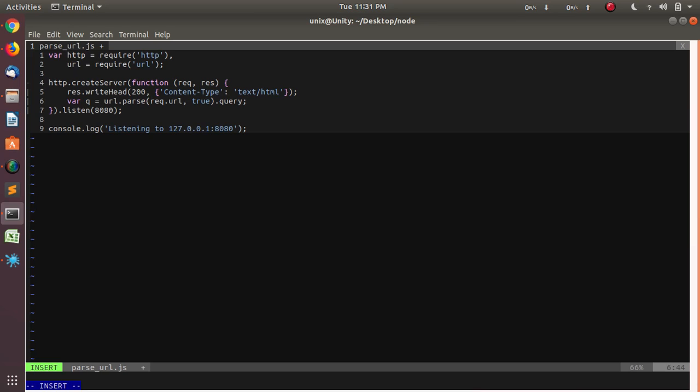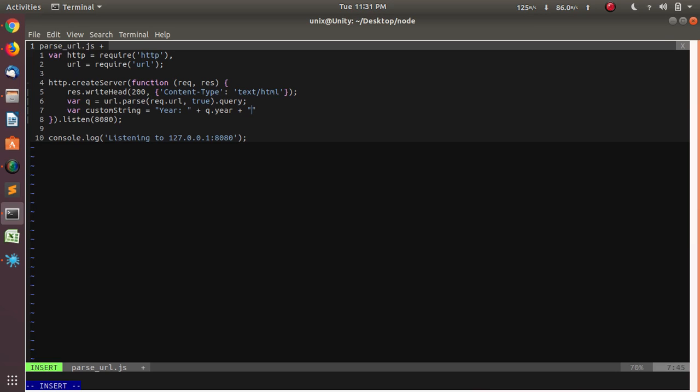Then the next thing we are going to do is create a new variable called customString and assign some values to it, like this. Variable customString here: q.year plus q.month. So you can see I have used the year and month properties to get that data